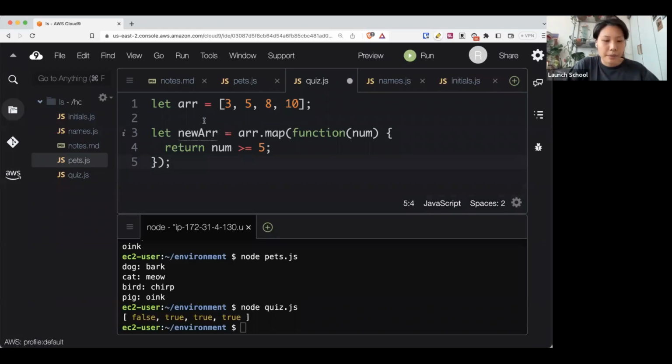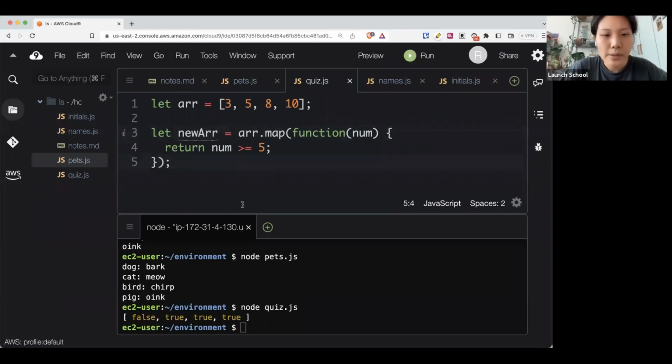So initially in the first line, we've declared the variable R and we've initialized it to this array of 4 numbers, 3, 5, 8, 10. We then declare a new variable, new R, and we're going to initialize it to the return value of the map method being called on the array, right? So first question to ask yourself, for map, since we're saving it, the question is explicitly asking what is the value of new R? So that means we have to pay attention to what is going to be returned by r.map,